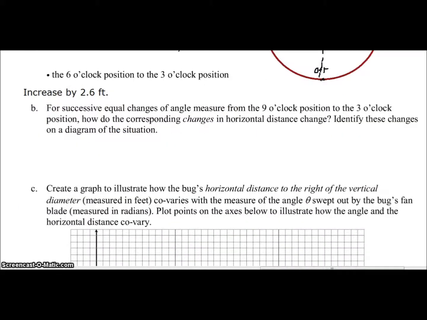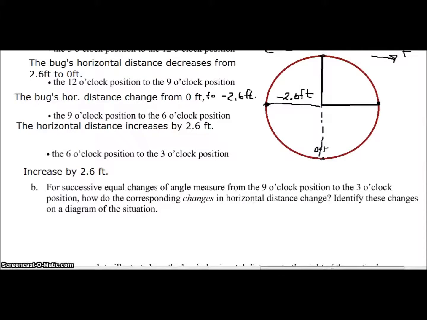For successive equal changes of angle measure from the 9 o'clock position to the 3 o'clock position, how do changes in horizontal distance change? Identify these changes on a diagram of the situation. So if we go here, our initial point is at 9 o'clock. Then our final position here is at 3 o'clock. Let's break this down. We could break that whole angle from here to here in half. Then we could break it up into, say,